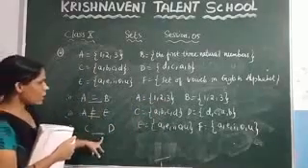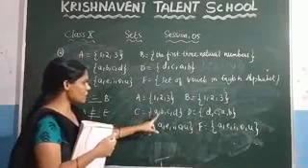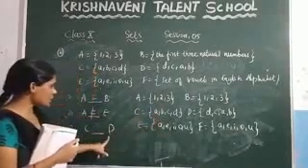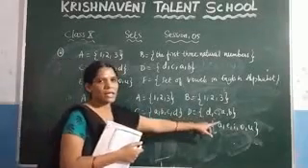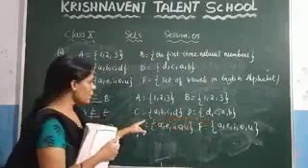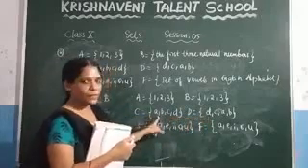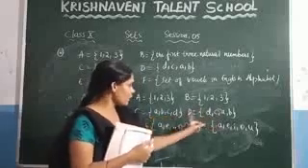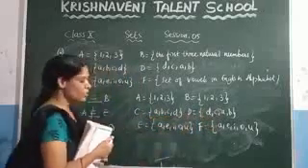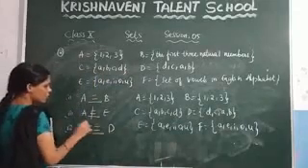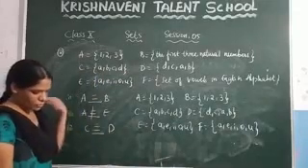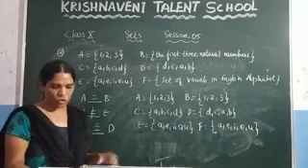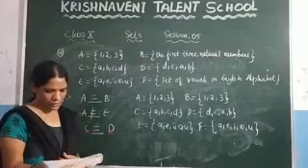Similarly, C and D. The set C contains A, B, C, D, and the set D contains D, C, A and B. Here you can observe that they contain equal elements. A is there, similarly B, B, C, C and D and D. So we can say that these two sets are equal. Here 4 more questions are given, you can do them in the same way.